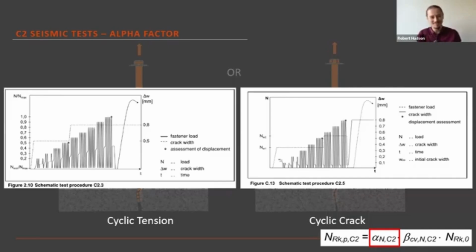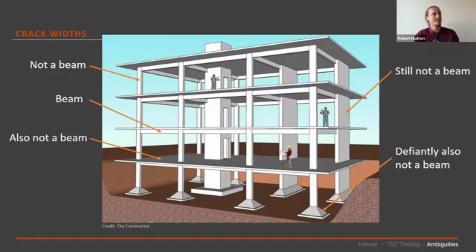And similarly for the number of cycles, especially at maximum crack width, if you add more cycles to that test, your capacity drops. This 0.8 mil crack width apparently has been developed for reinforced concrete beams. It's not immediately obvious to me that translates perfectly well to other elements in a reinforced concrete structure. Maybe it does, not sure. From a design point of view, I think the really important thing to keep in mind is that if you're using a C2 capacity, what you actually are allowing for is a crack width up to 0.8 mils. If for whatever reason you're expecting cracks larger than that, the C2 capacity is probably not very appropriate.